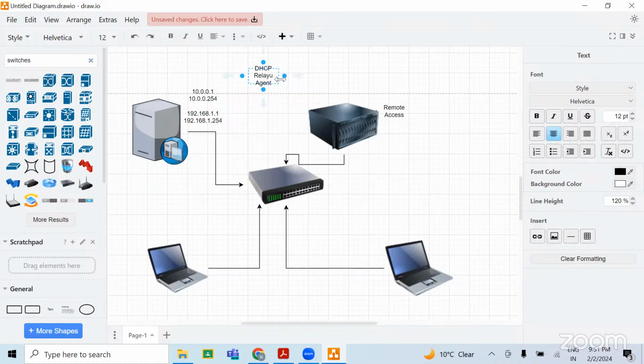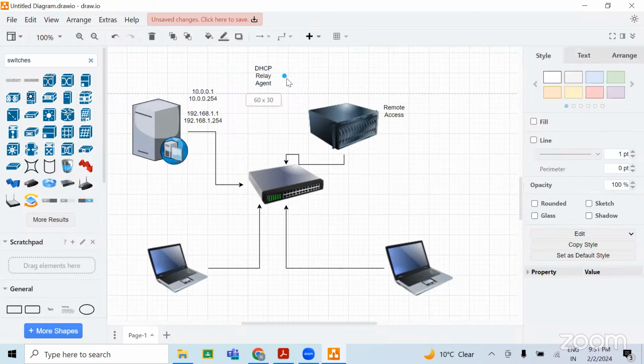Relay agent. Okay. So remote access actually, Ajay, is going to make us able to install the relay agent services on this server. Unless I install the remote access role on the server, I will not be able to make this server a relay agent server.